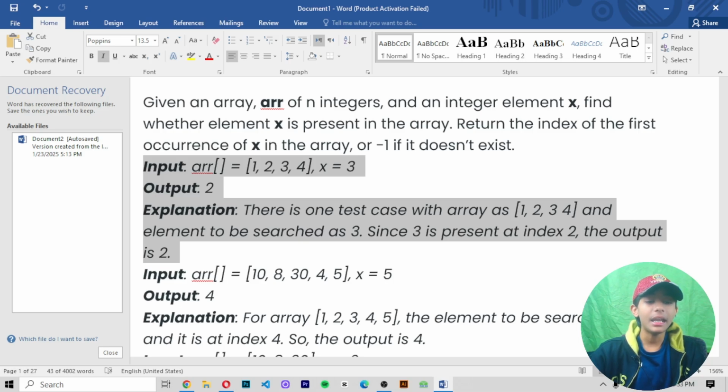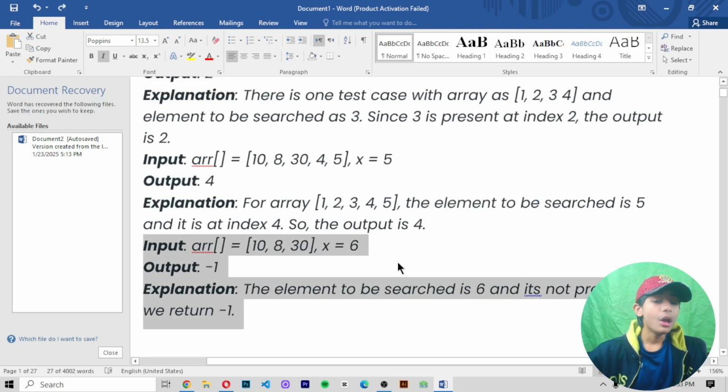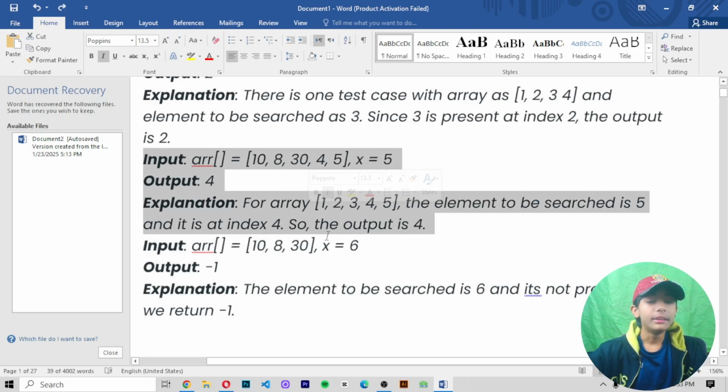Input will be ARR = [10, 8, 30, 4, 5] and x = 5. Then the output will be 4. For the array, the element to be searched is 5 and it is at index 4, so the output is 4.